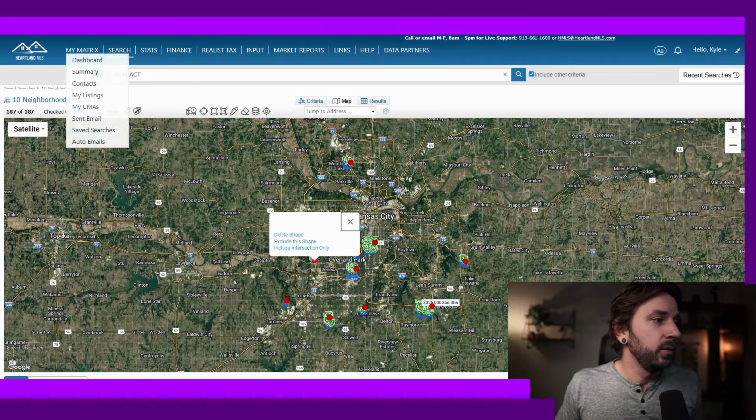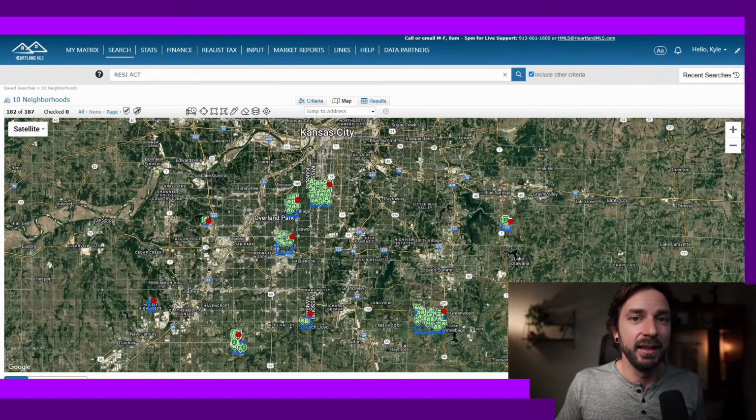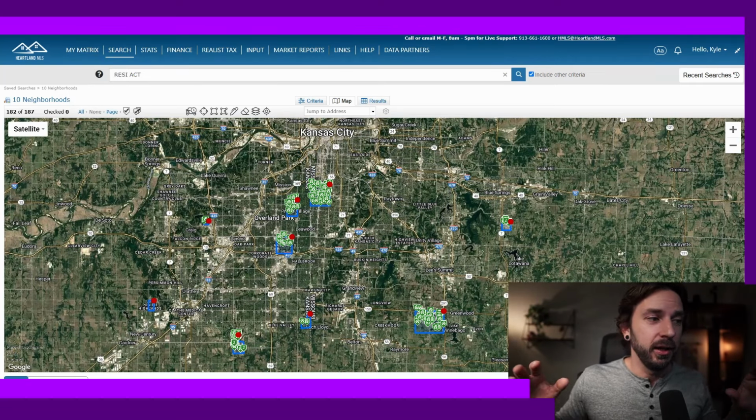This is an area where a lot of families who want to be close to all the parks and urban living of Brookside, Waldo, and the Plaza without the headache of navigating the KC-Mo schools actually end up moving here. Now, this next area is an area where we see a lot of families that kind of experienced